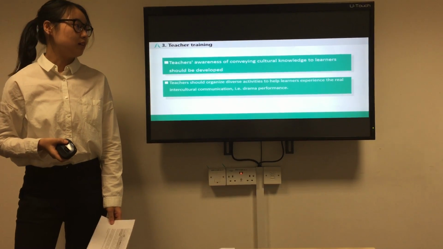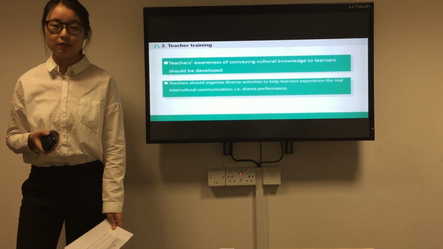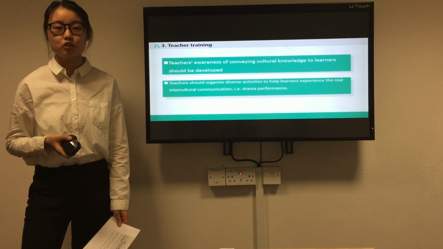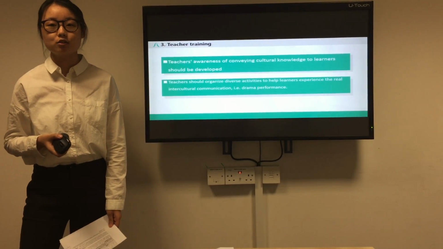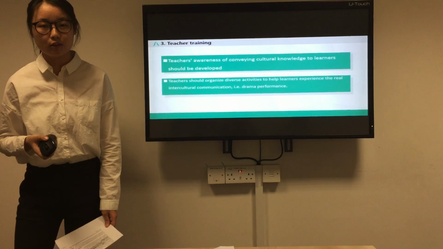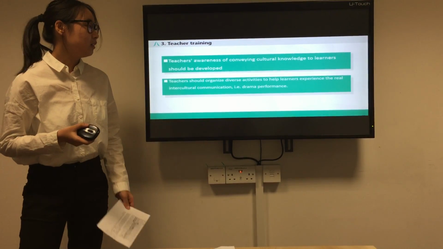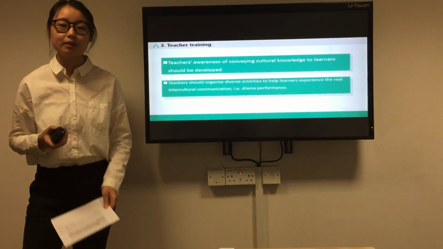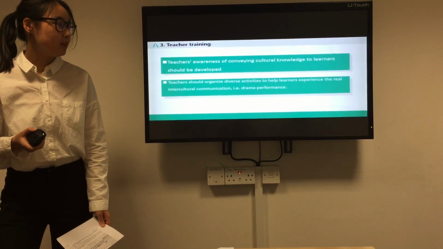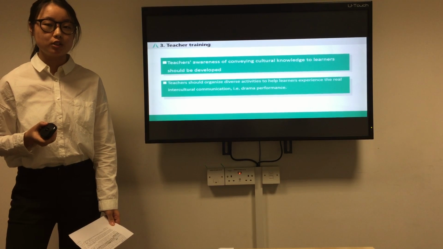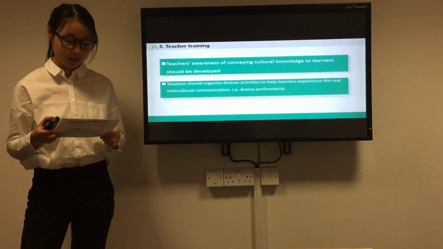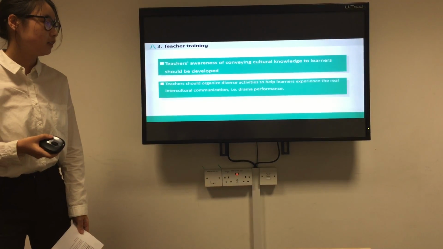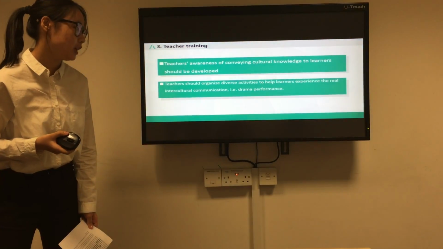Nowadays in China, since intercultural communicative language teaching is still at the beginning stage, it's very necessary for teachers to have a clear awareness to convey the cultural knowledge to learners. In the intercultural language classroom, teachers should establish a practical environment in combination with the textbooks to introduce the related cultural knowledge to learners. Furthermore, teachers should organize diverse activities to help learners experience real intercultural communication, such as